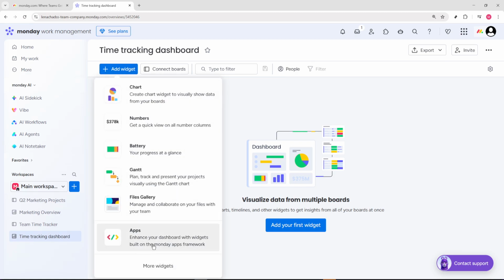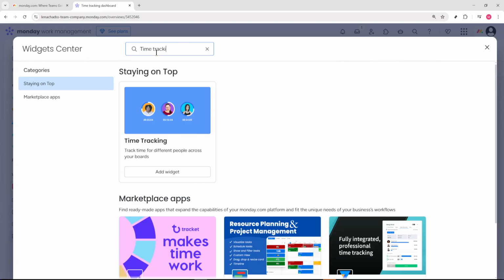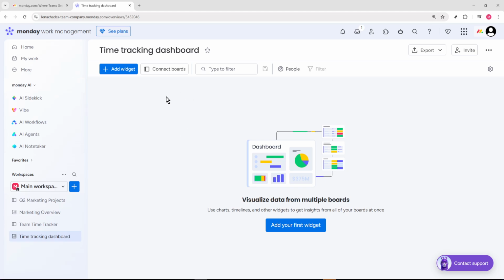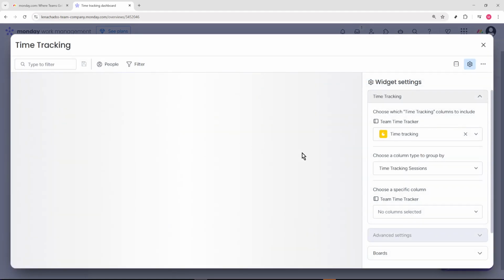Now add the first widget. Click Add Widget in the top left area, then choose More Widgets. In the Widget Center search bar, type Time Tracking and select the Time Tracking widget when it appears. Once the widget loads onto the dashboard, open the three-dot menu in the top right corner of that widget and